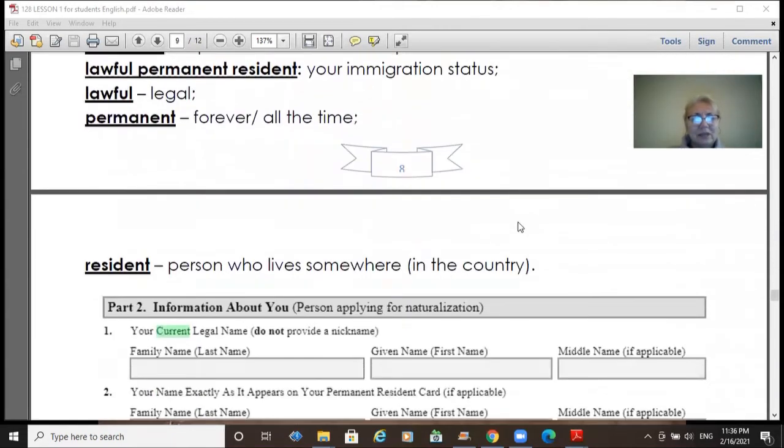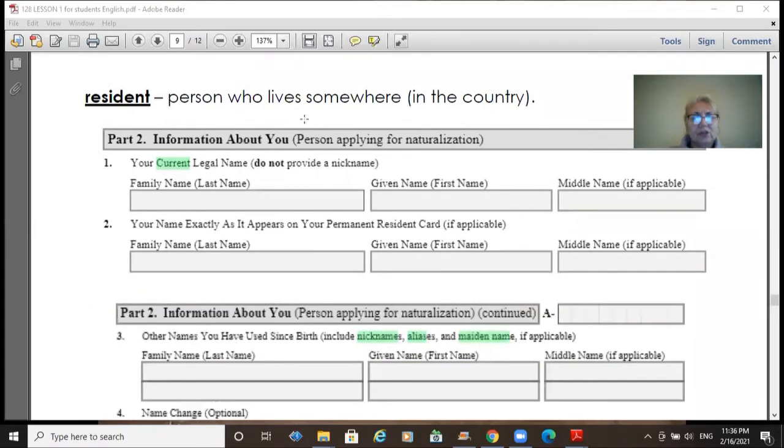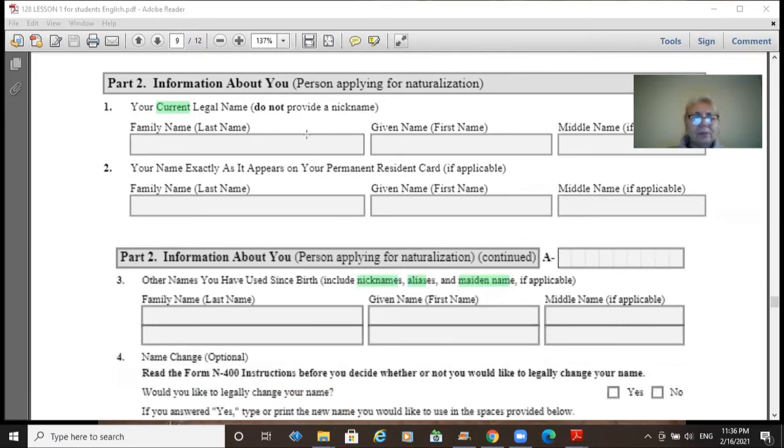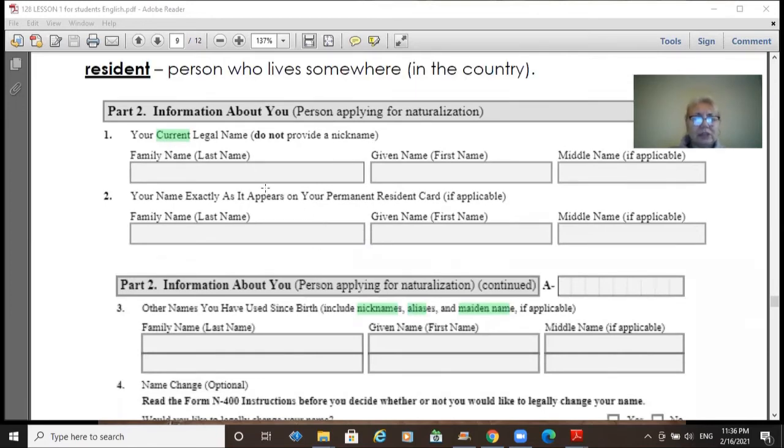Now let's look at part number 2, information about you. In this part, they will ask you for your name, and one of the questions can be, what is your full legal name? In this case, you need to say your last name, first name, and middle name if you have it. They may also ask you if